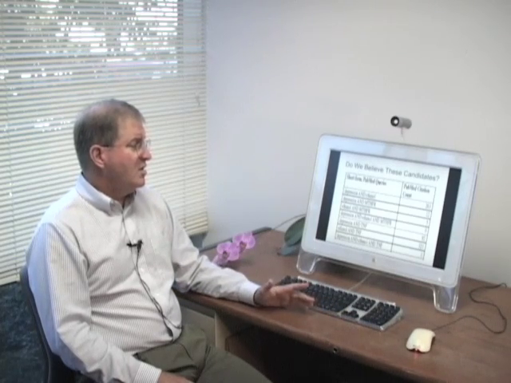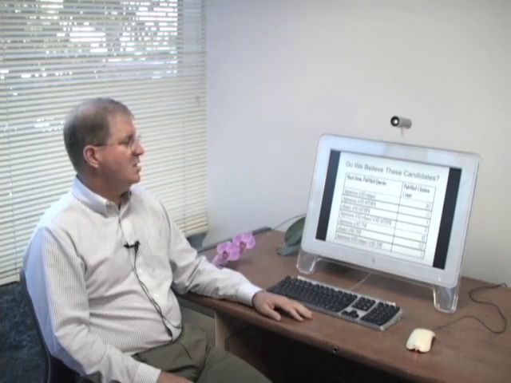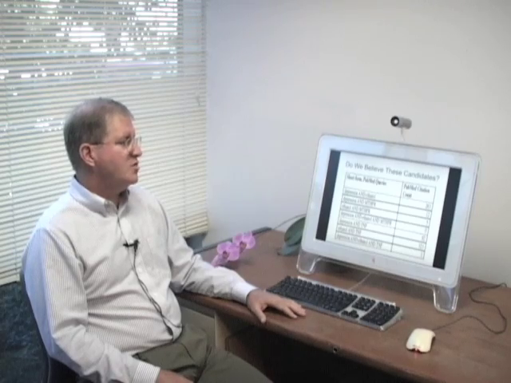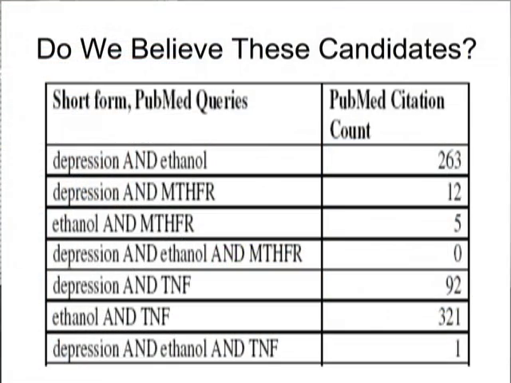So given that we're just making a simple query against a database, the question remains, is this a believable result? And of course you can check and want to check the references in Entrez Gene. But another resource that's available for that type of query is to go to PubMed, also an NCBI available database. In this case, I made queries against the PubMed database, starting with depression and ethanol, and